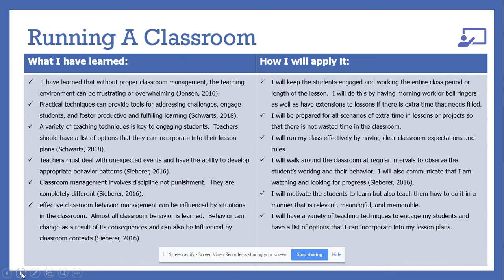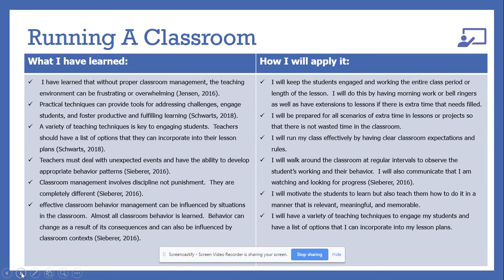How I will apply it is that I will keep the students engaged in working the entire class period, or the length of my lesson. I will do this by having morning work, or bell ringers, they're called. I will also have extensions to lessons if the students finish before the length of the lesson time. I will be prepared for all scenarios of extra time in lessons or projects so that there is no wasted